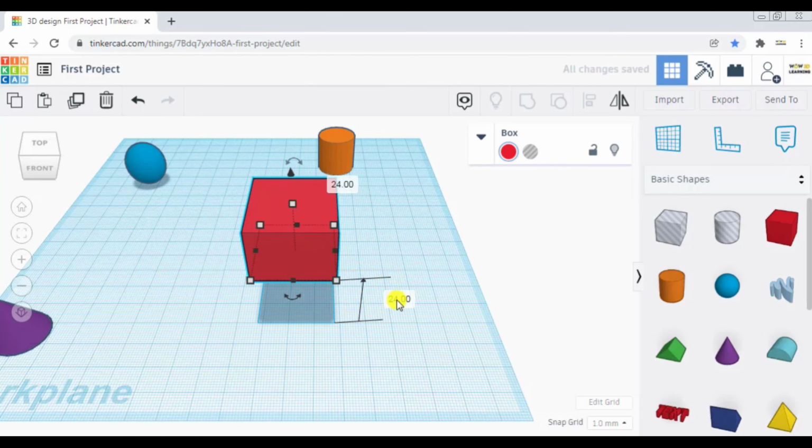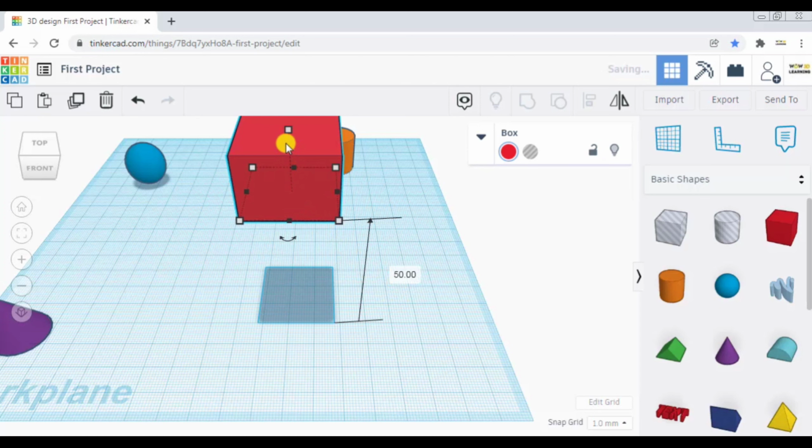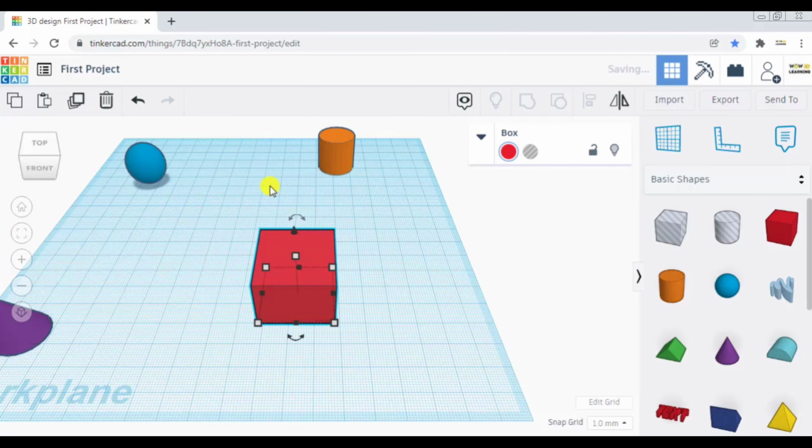Either you can click on this manually and put in a value, or you can just press D to drop it back. On top, this white node is to adjust the height. You can do it manually, or you can just drag it up and down as you wish. I keep it at 20 only.